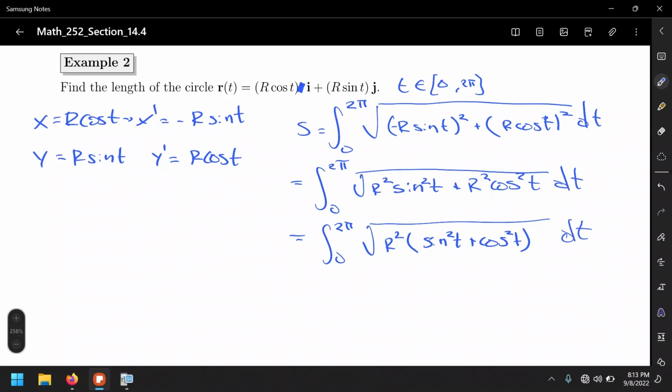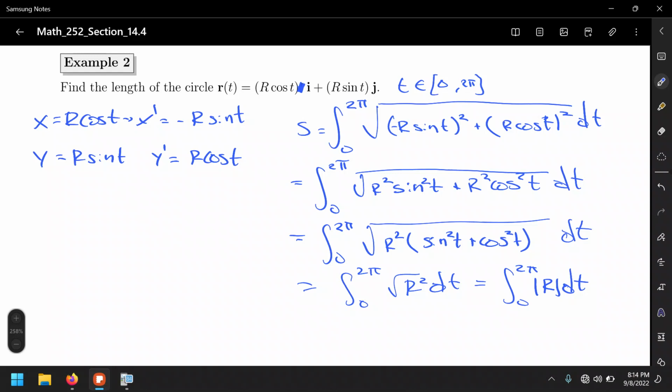So that's going to be 1, right? Which is the integral from 0 to 2 pi of the square root of r squared, which is the integral from 0 to 2 pi. And what does that reduce to? The absolute value of r. All right? Absolute value of r, because in this case, we never set a condition